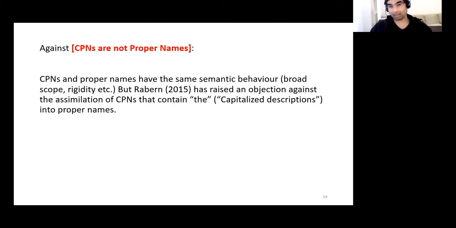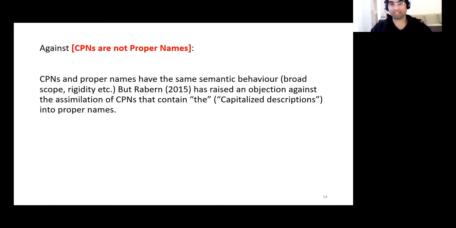So a good point to begin would be by observing that these complex names and proper names have the same semantic behavior. These complex names like the United States, A Clockwork Orange, and so on, generally take broad scope. They are rigid and so on. They show the same behavior that proper names behave. But Rayburn argues that